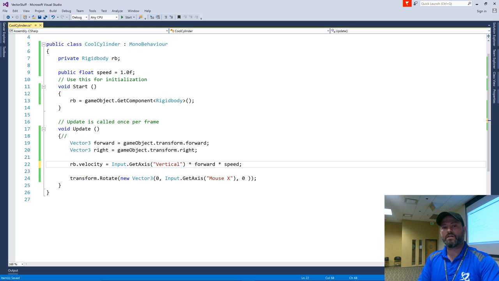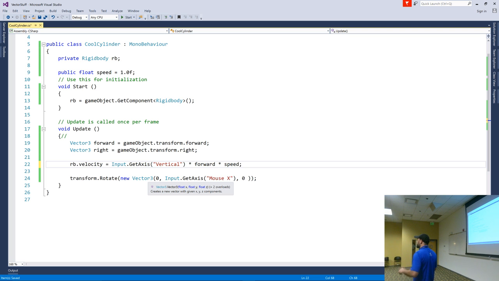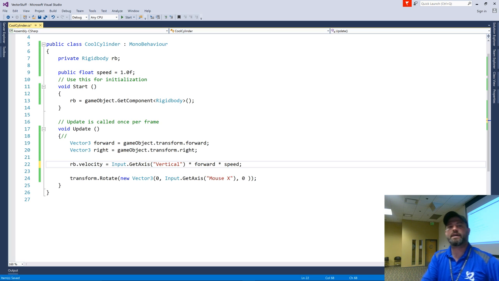Okay, so using vectors gets simple movement, but we can only move left, or we can only move forward, can't even move backward right now. Actually, I can move backward because I did GetAxis. So I can move backward.